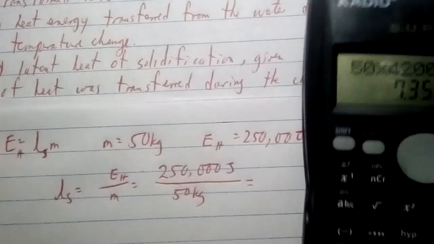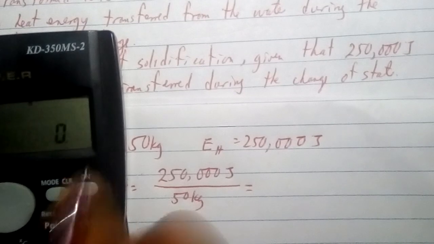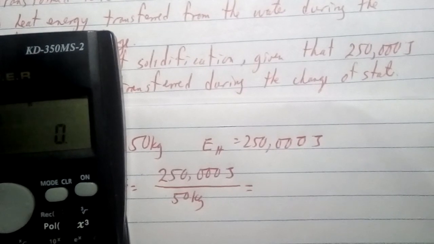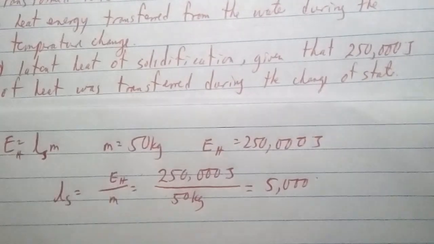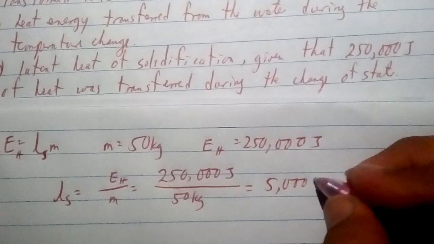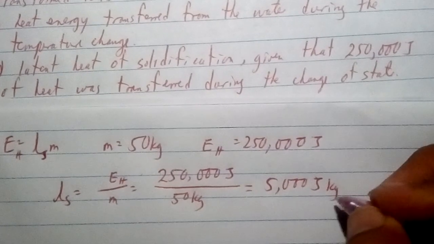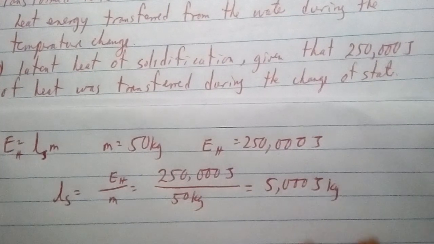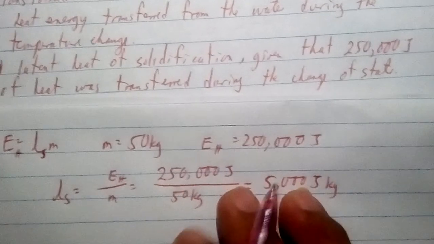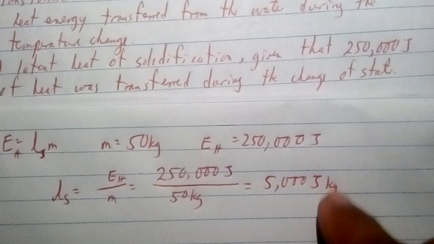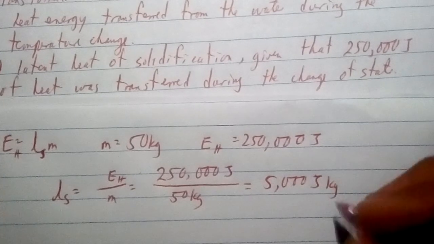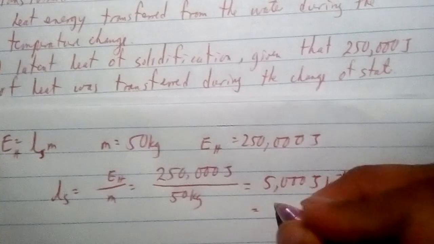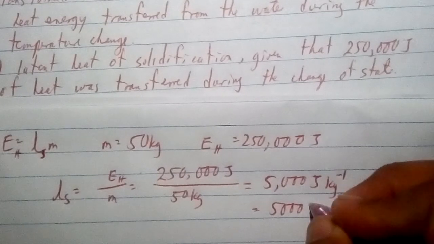So take our calculator and we start to divide. 250,000 divided by 50 kilograms equals 5,000, and notice here joules per kilogram. Why not per Celsius? Because there was no temperature change, there was a phase change. So there's no temperature change, so I don't want to see any Celsius or Kelvin here. If you put Celsius and Kelvin, that's 1 point less, so put your -1 here, or you put 5,000 joules